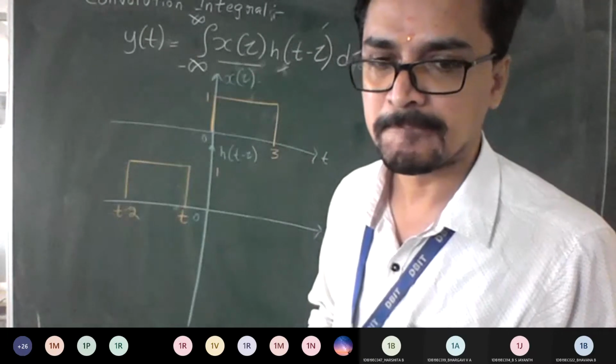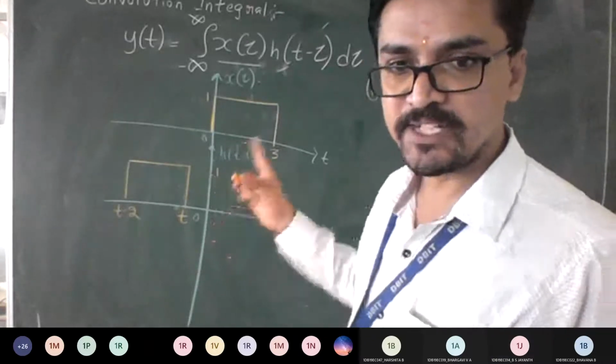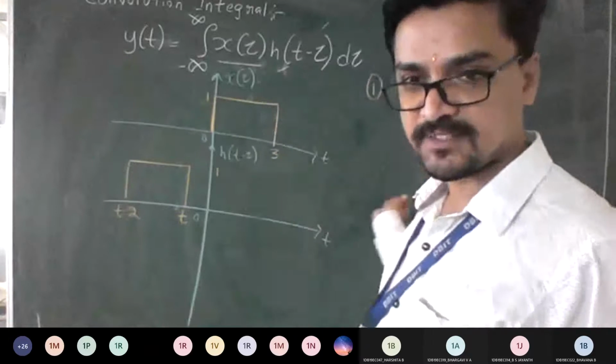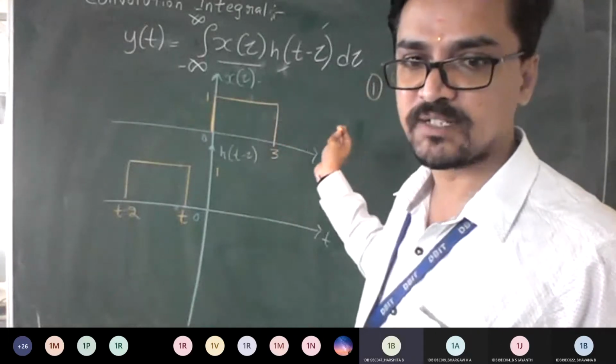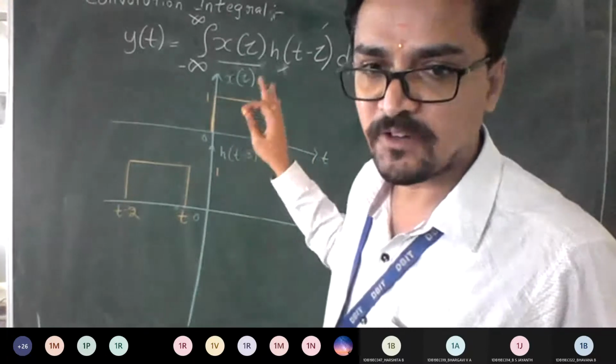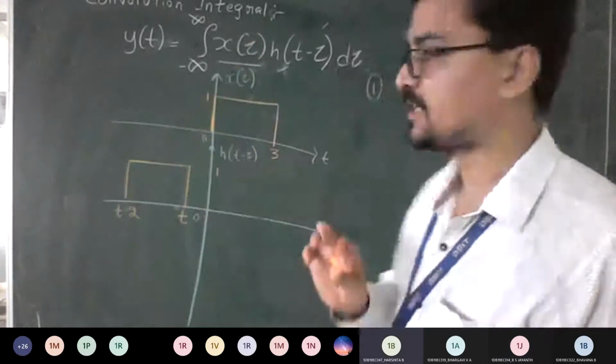Is it okay? Yes, sir. Similarly, check out one more condition which has the same y of t equal to 0. So it comes after this. After this, t is less than what? What is the maximum I told? 3 and 2, 5. So do you think for any values of t greater than or equal to 5, any output exists? No, sir. So that also you can include.